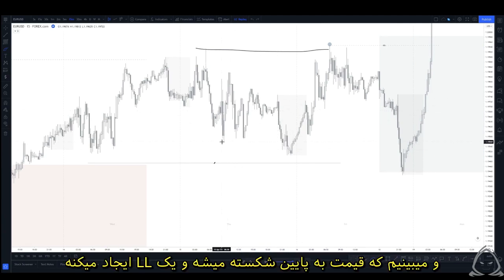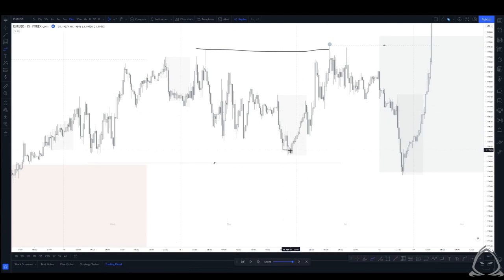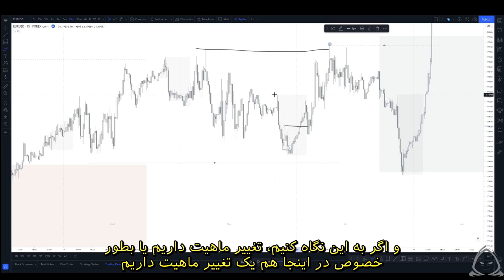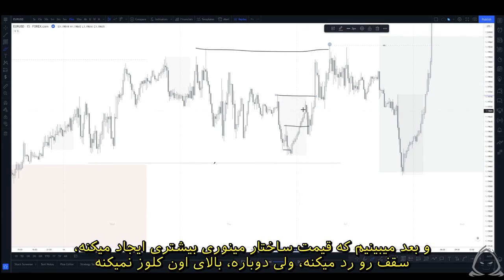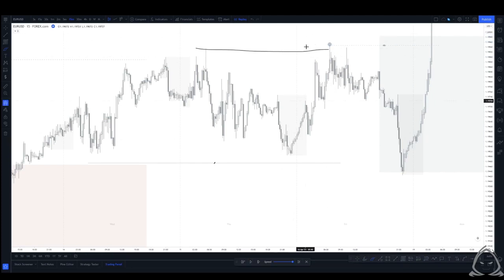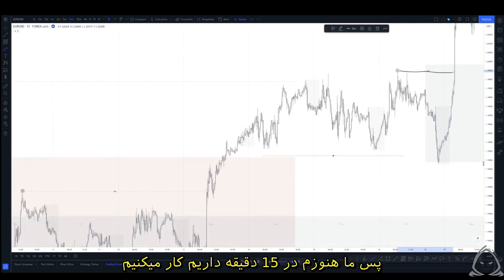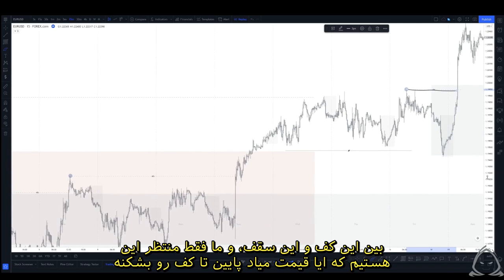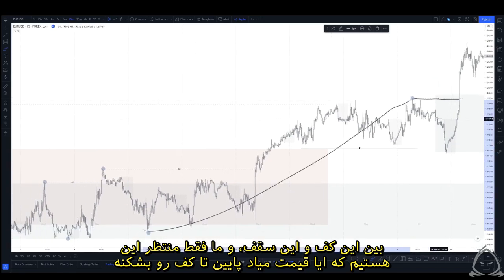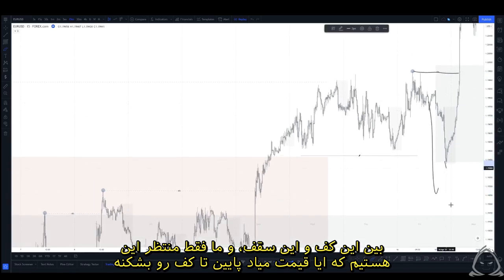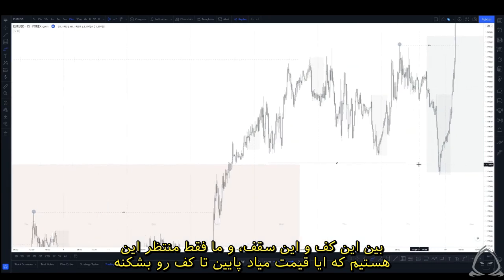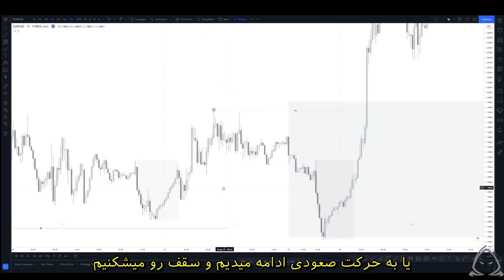And then what we can see is price breaks to the downside. We create a new lower low. And if we just look at this, we have our change of character here as well. And what we can see is price then creates more minor structure, runs the high, but again, doesn't break and close above this high. So what that ends up doing is it marks our high as this point. So we're still operating on a 15-minute between this low and this high, and we're just waiting to see if